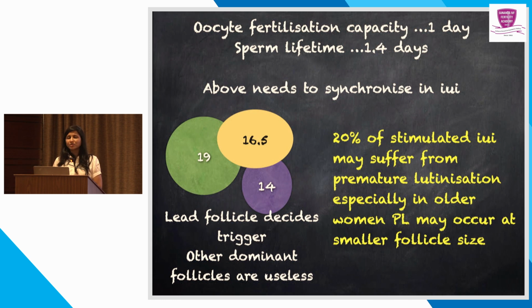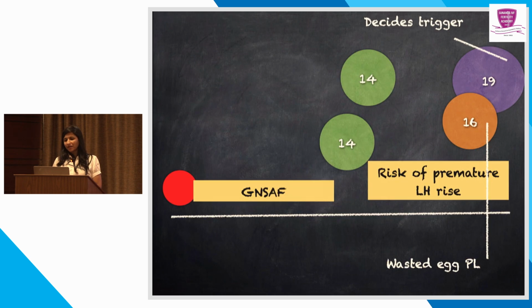you can give the trigger. So this is one way, mainly to prevent the premature LH rise because of the leading follicle. As we were discussing, if the leading follicle is beyond 18-19 millimeter, it will have luteinization or an LH surge. But when we want to catch the younger follicles along with the leading follicle, then we can add an antagonist. That antagonist won't allow the luteinization of the leading follicle and allows the other follicles to grow, and then